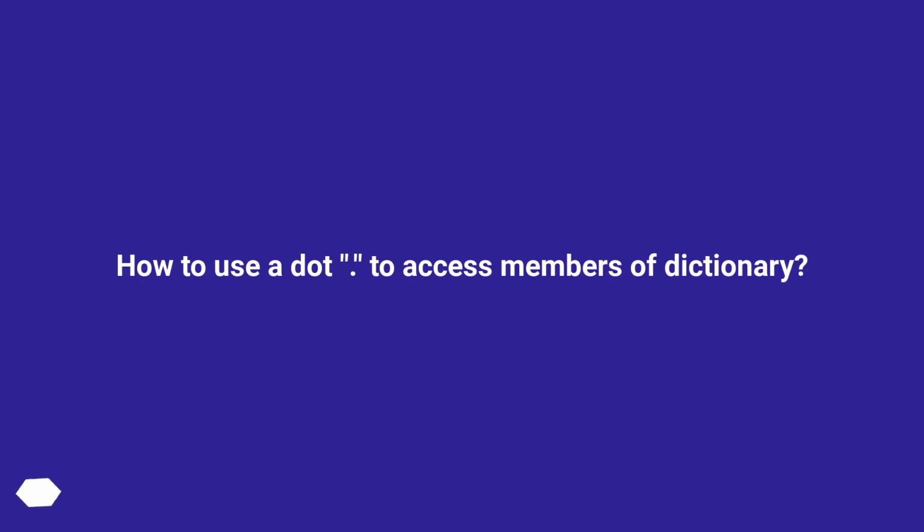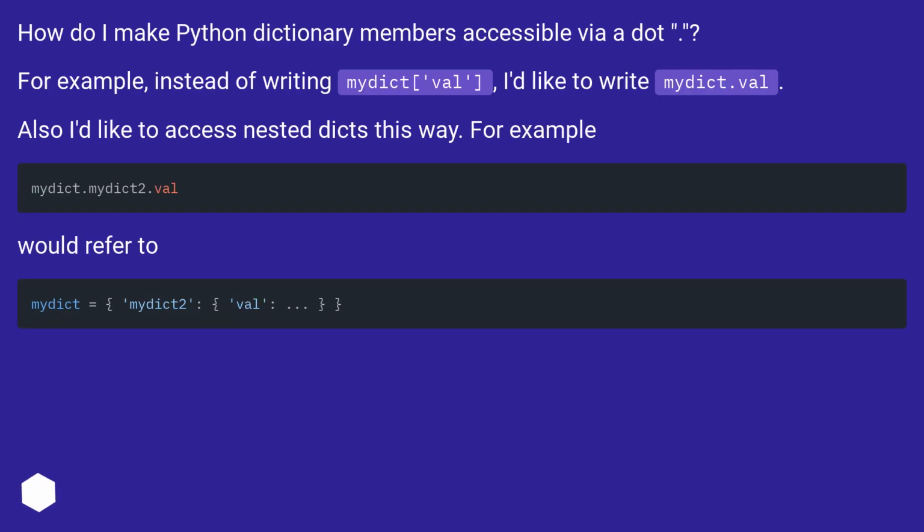How to use a dot to access members of a dictionary. How do I make Python dictionary members accessible via a dot? For example, instead of writing midict['val'], I'd like to write midict.val. Also, I'd like to access nested dicts this way. For example, would refer to